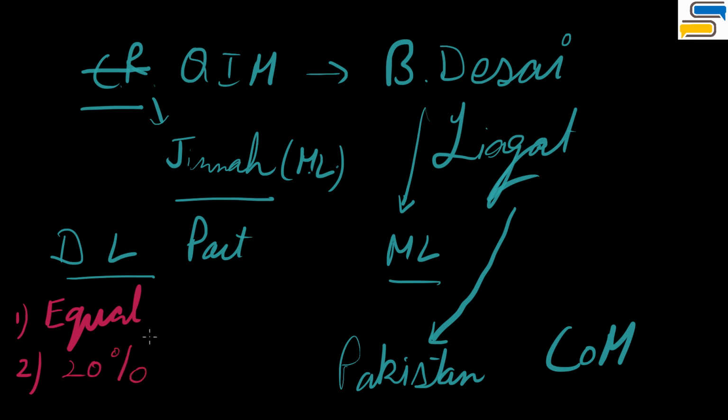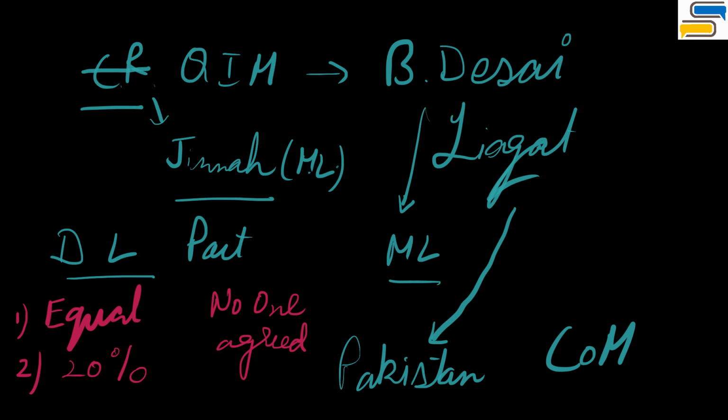Now, to this demand, no one else agreed. No one agreed. They said, how can you give Muslims so much majority? You are trying to make minorities happy, but you cannot ignore the interest of the majority. And in any case, the country will be equal. How can the elections be biased in favor of the minorities? Now, that was the negative of the